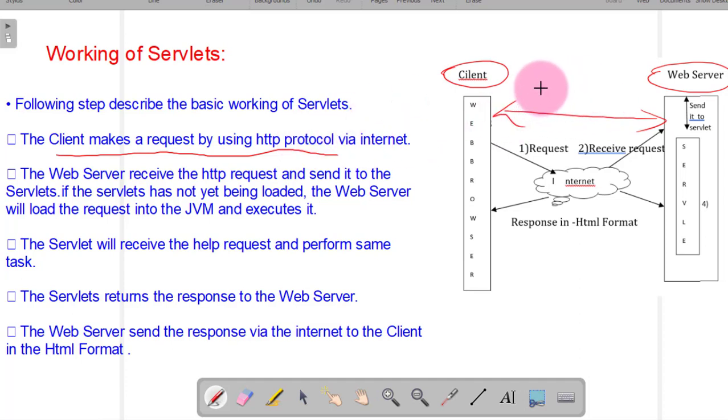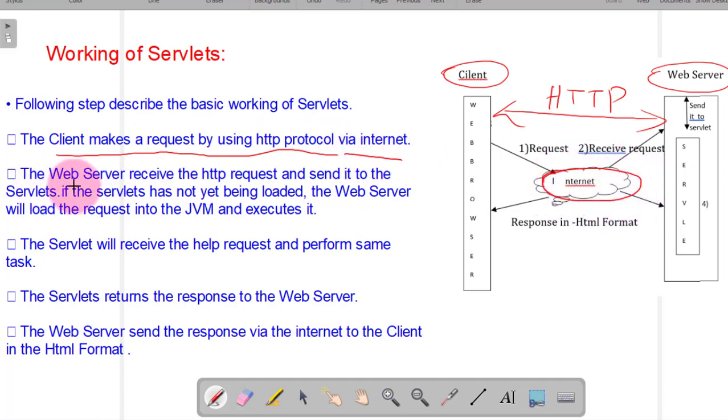Protocols are nothing but rules. The standard communication protocol between two or more machines is the HTTP protocol. The client uses that protocol to send the request to the server via the internet.